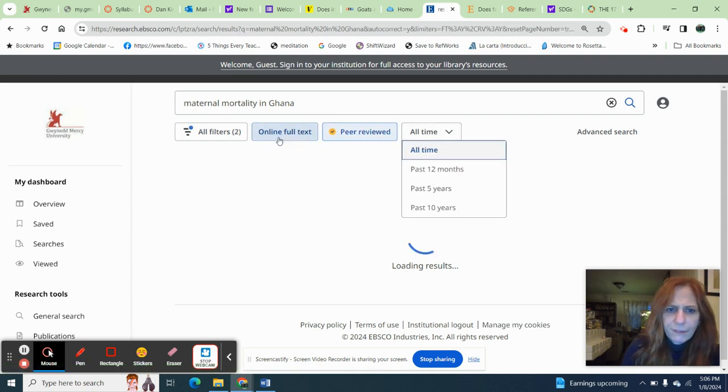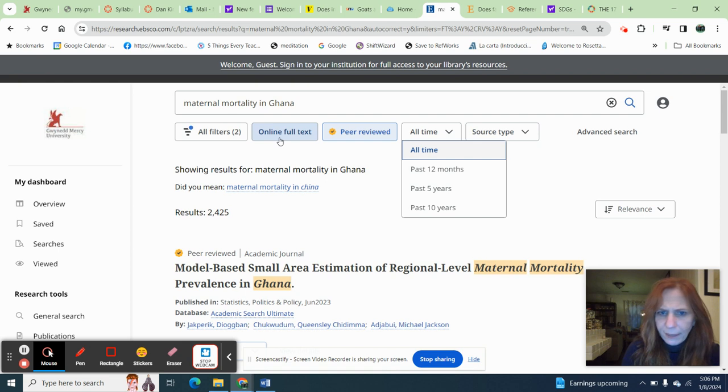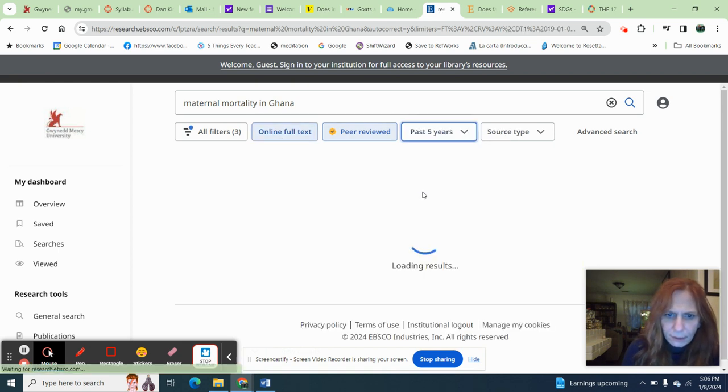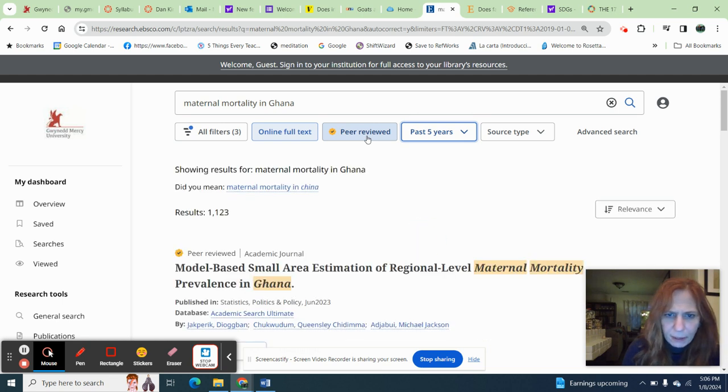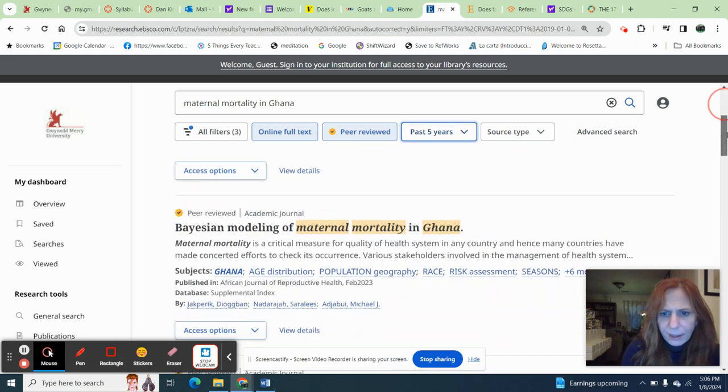And I'm going to set my filters so that the text is available to me, because if it's not, I don't care about it. I'm not paying $30 to read an article, and I'm not waiting for a librarian to email me something. I want peer reviewed. That means it's credible, and I want in the past 5 years. So I set my filters, and I come up with,